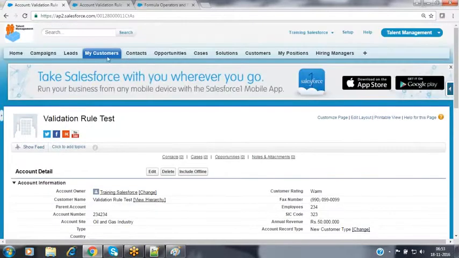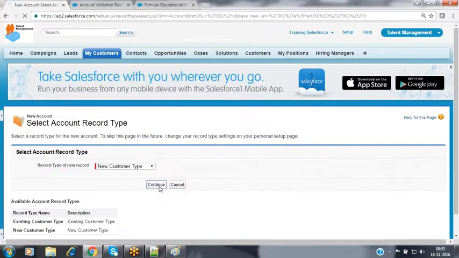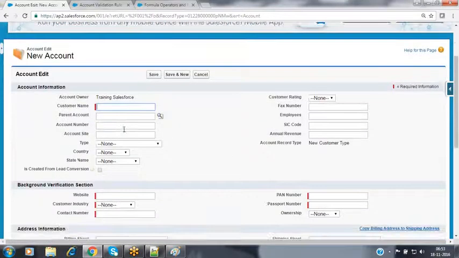Now let's see here. For example, when you go to the new button to create a new record, do we have any red color indication to indicate this is a mandatory field? No, right? Whenever you make the field required by using the required checkbox on the page layout, it marks a red color bar symbol along with that field. But whenever you create validation rules on that field, it won't provide any red color bar symbol here. So why?